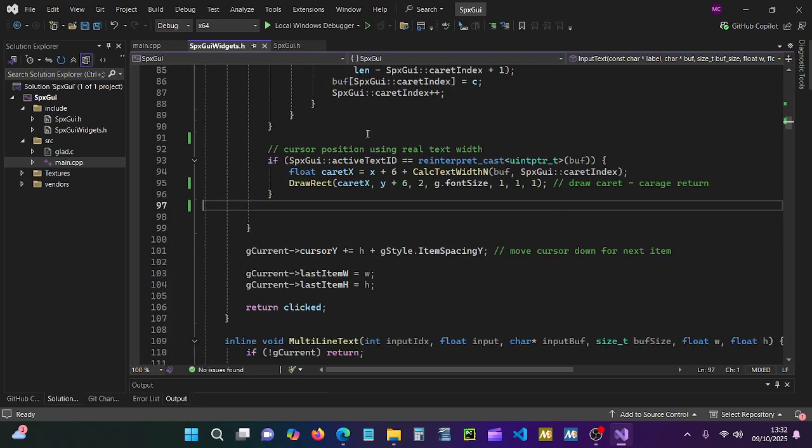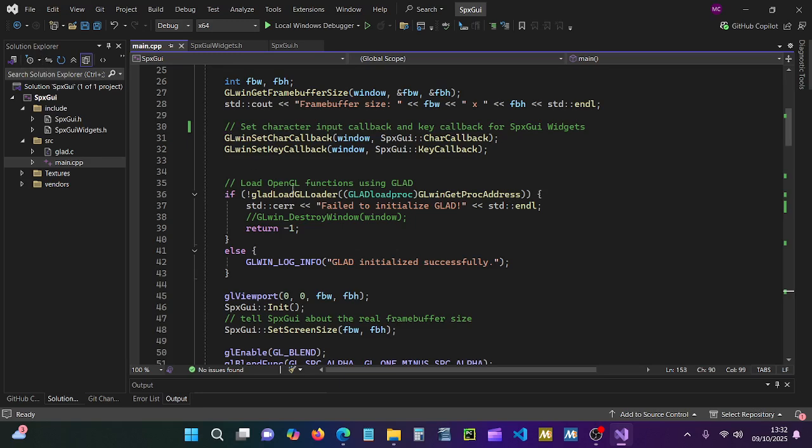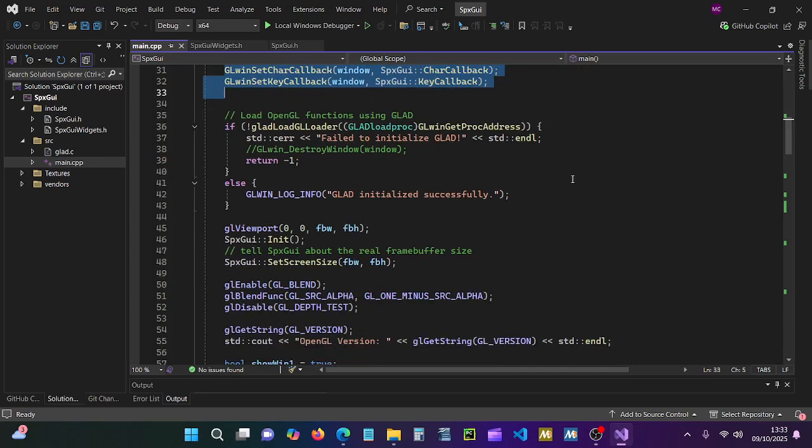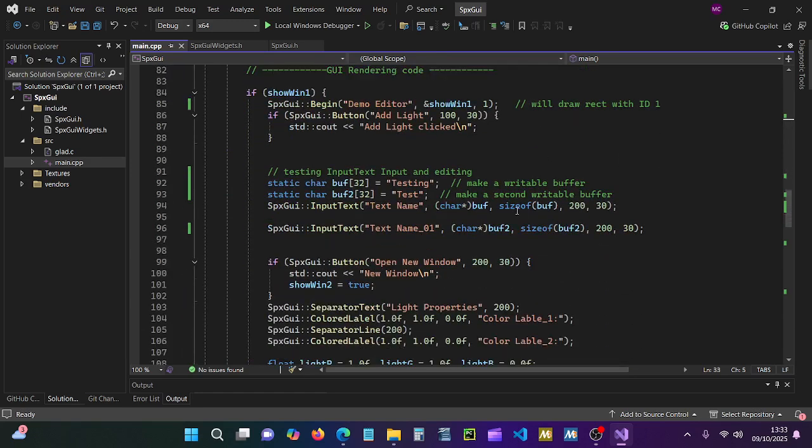And then in main we simply have to add, especially if we click the right form, we just need to add these two to get our inputs back. And I'm fairly sure we'll only need these two for all of the inputs, so the DragFloats and everything like that will all come from these calls. We might have to add a mouse call for color picking and stuff like that, and then it just makes it simple for doing the